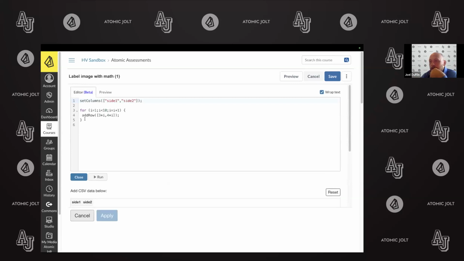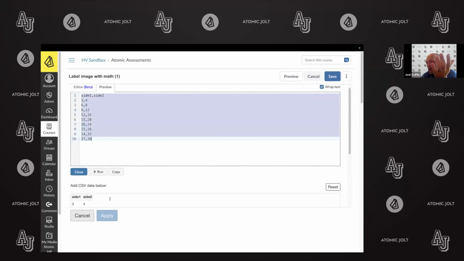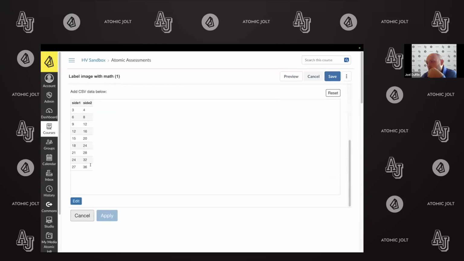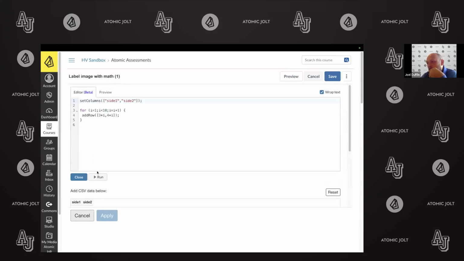The math generator does something roughly like this, but if you're a little more adventuresome, you can write some JavaScript and say, okay, I want these to be my parameters. I set my columns in my table, and then I'm going to do a loop through here, and add a row each time I go through the loop. If you run that, it generates a new set of values. You can copy them into your table, and then